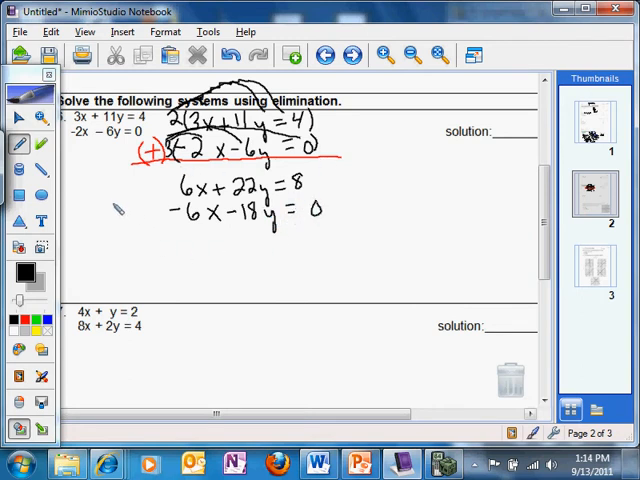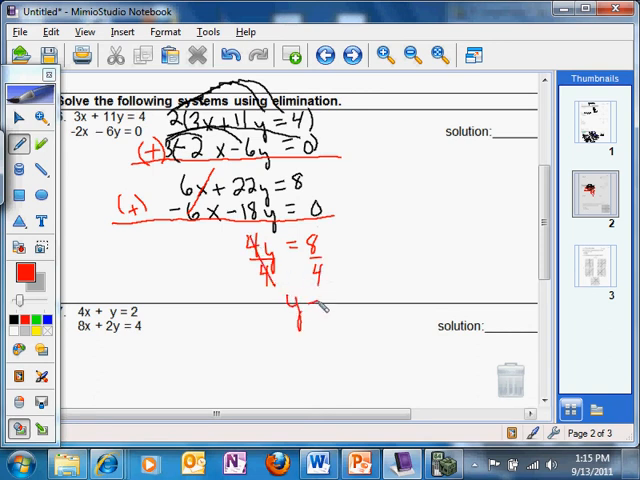And look what happens when I talk about adding these up. By multiplying the top by 2 and the bottom by 3, I've made it possible for my x's to cancel when I add them, because a 6x and a minus 6x cancel. Now I have 22y minus 18, or plus negative 18y, which gives me 4y equals 8 plus 0 is 8. Now I'm just solving for y here. Divide by 4,